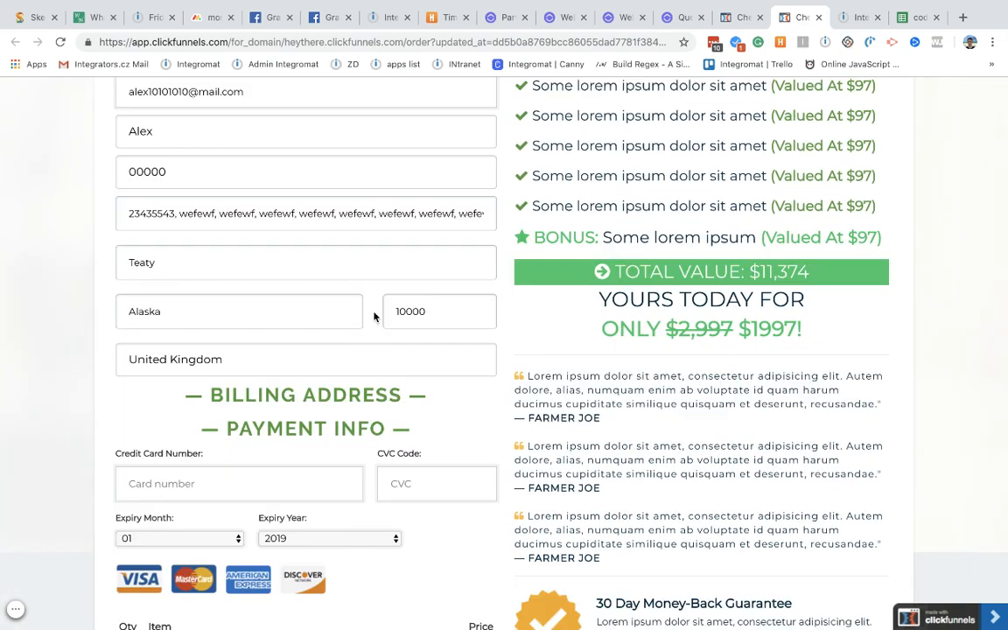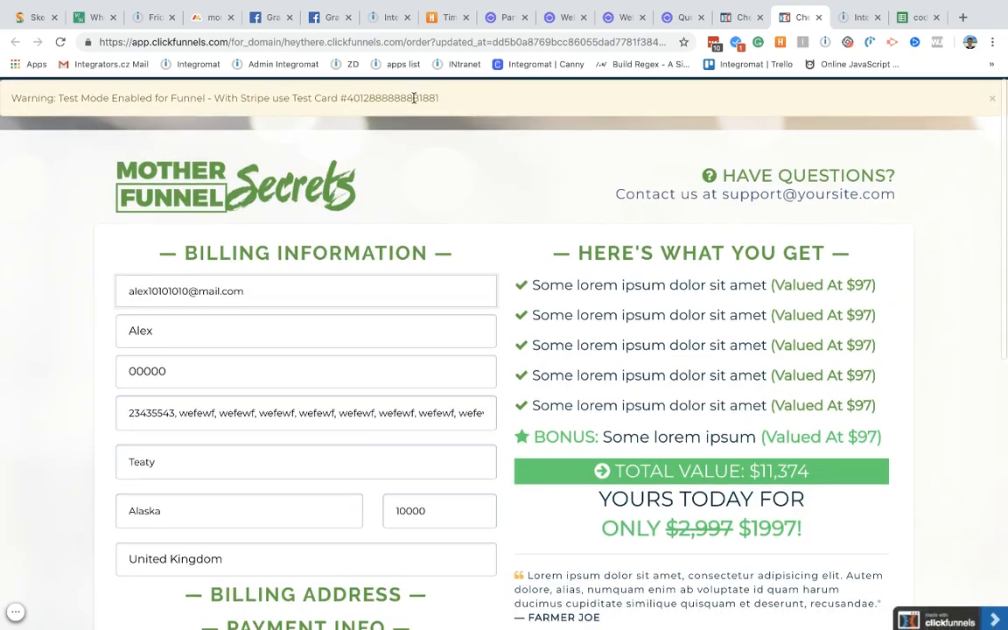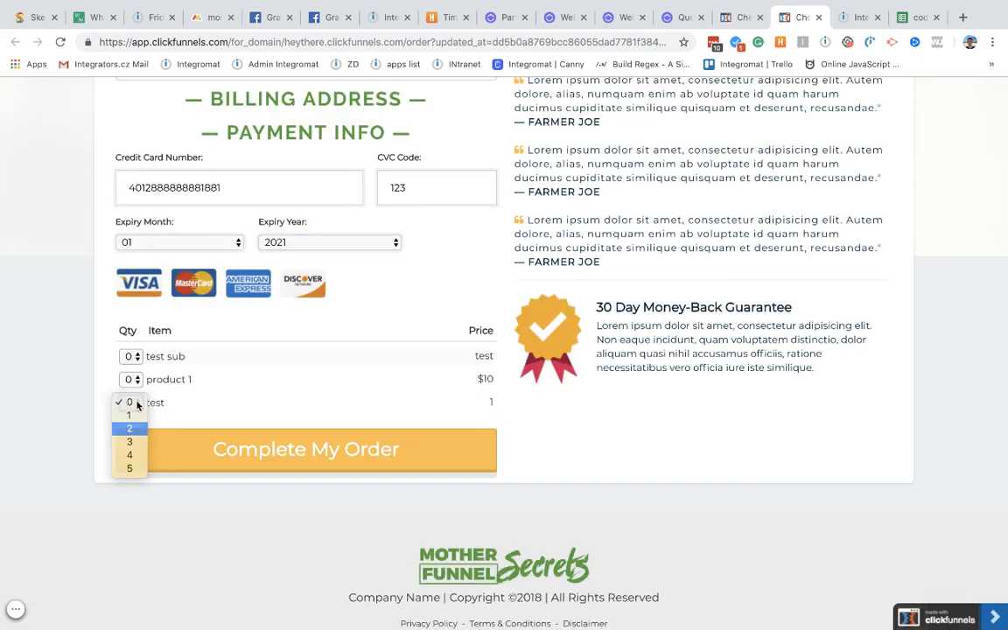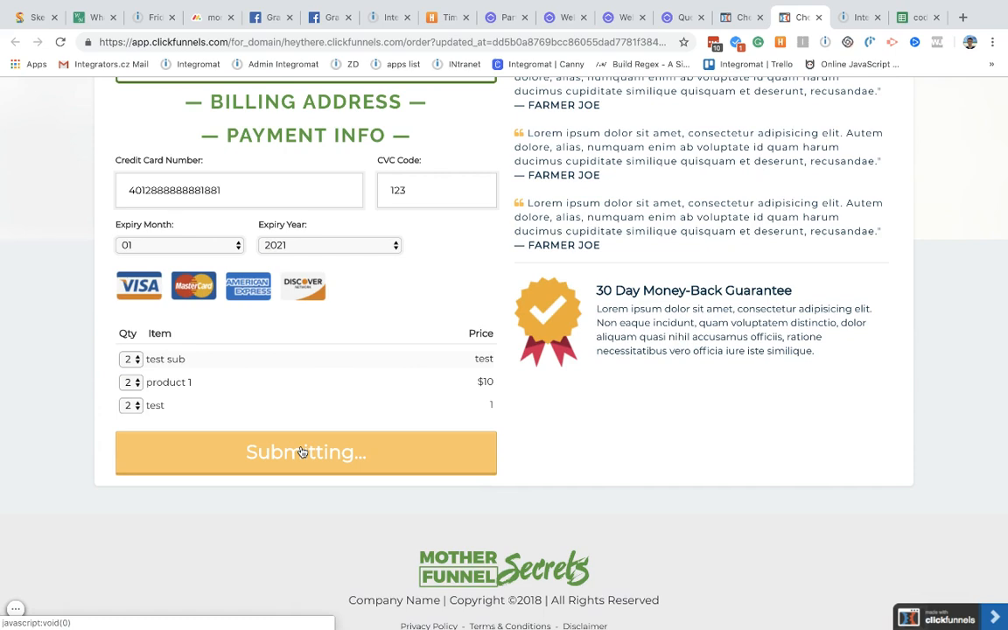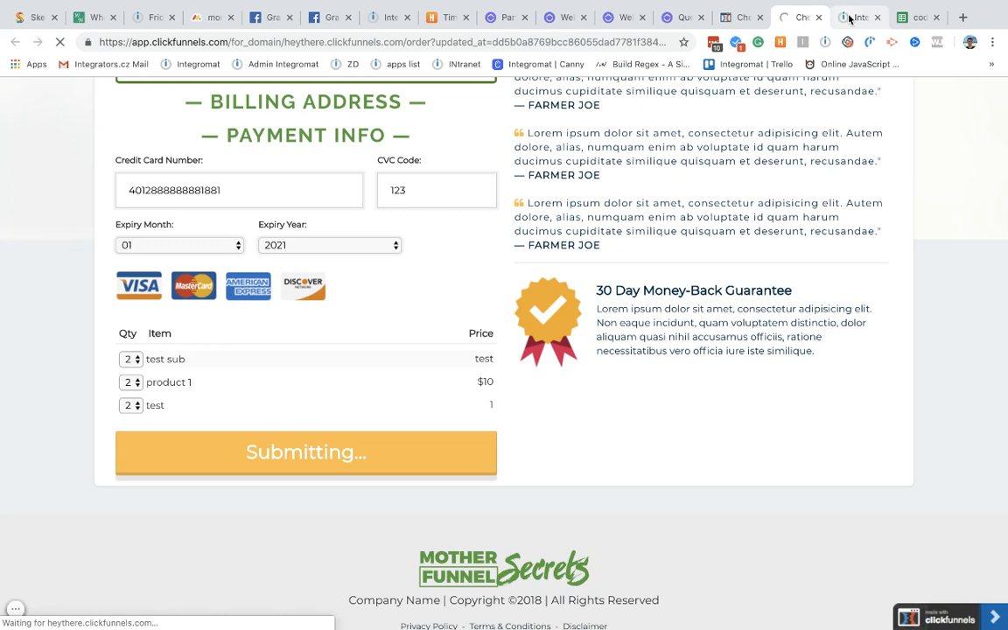Okay, so we got some test data here already, and let's add the cart and submit the order. Okay, so I'm going to add several products. It can be anything. And let's place the order. While we're waiting for the webhook to be delivered, we can go ahead and discuss the